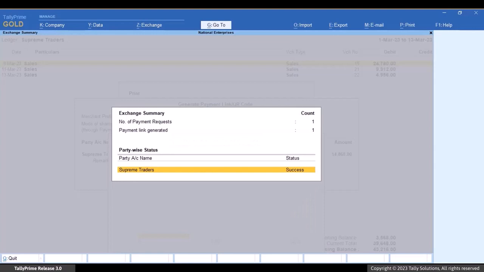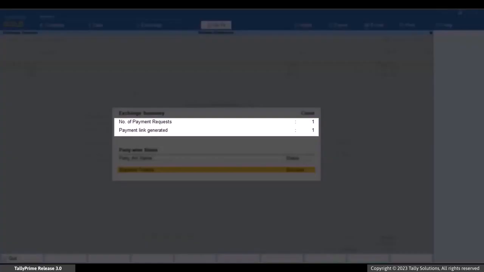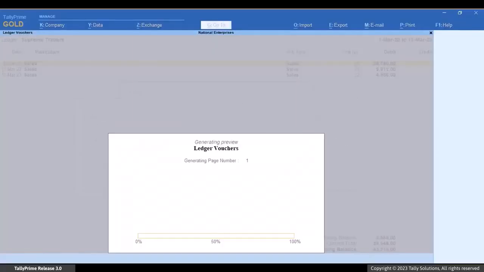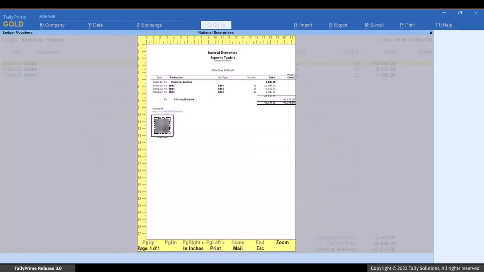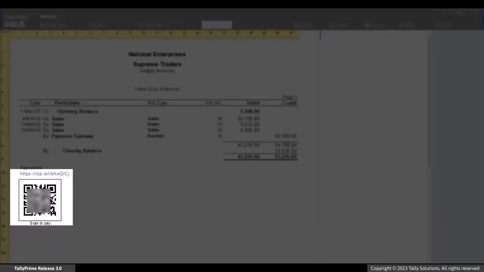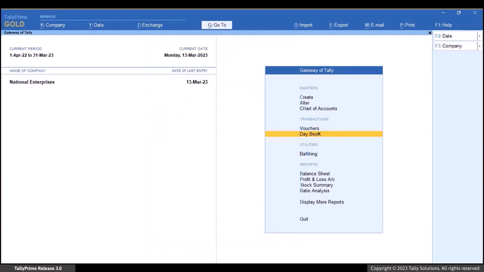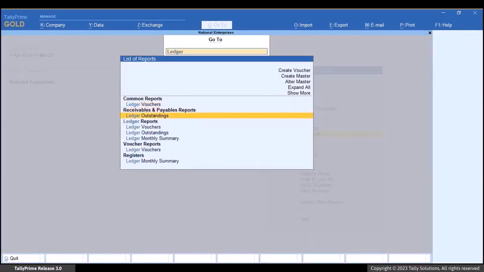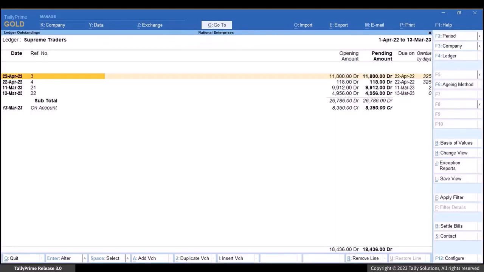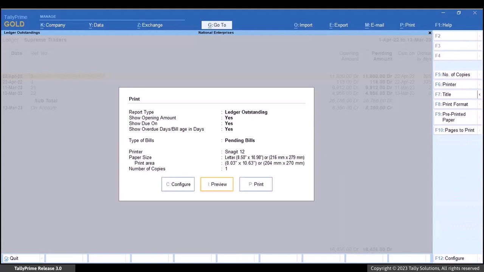As you can see, the payment link gets generated for the specific bills you selected. The exchange summary appears, in which you can see information such as number of payment requests and payment link generated. Press Escape and you can see the print preview with the payment link and QR code. You can follow the same procedures in the ledger outstanding reports and reminder letters, and you can print the reports